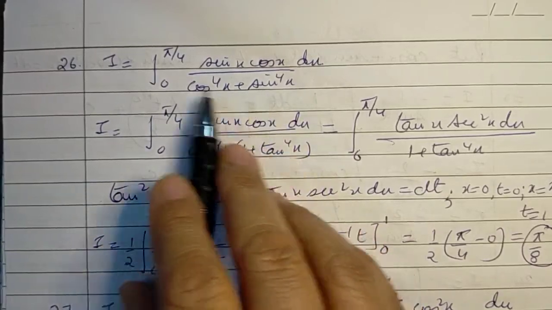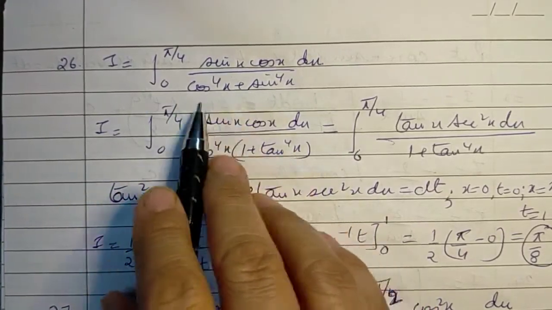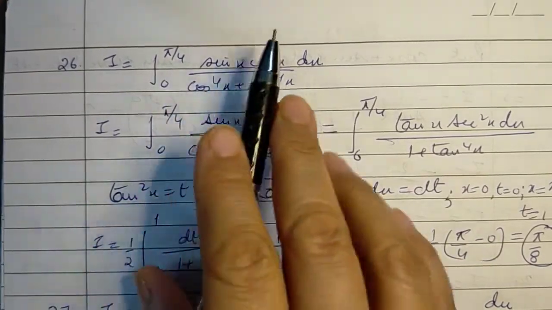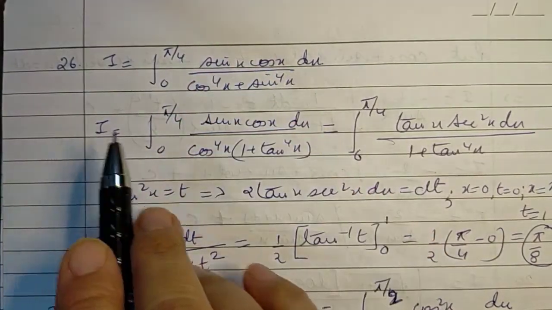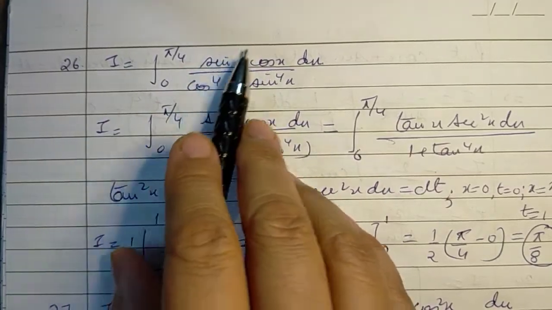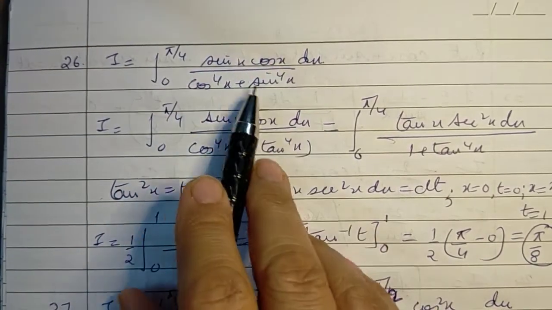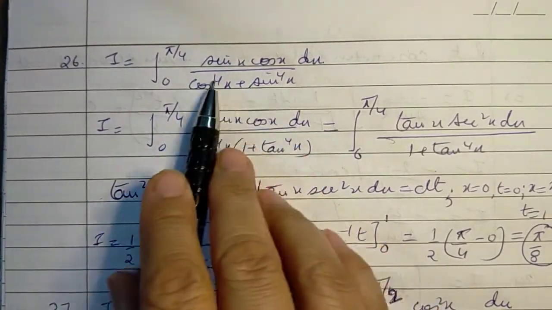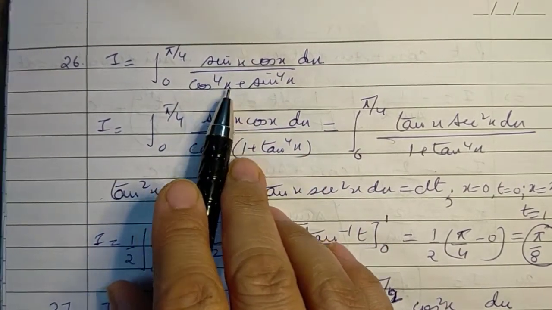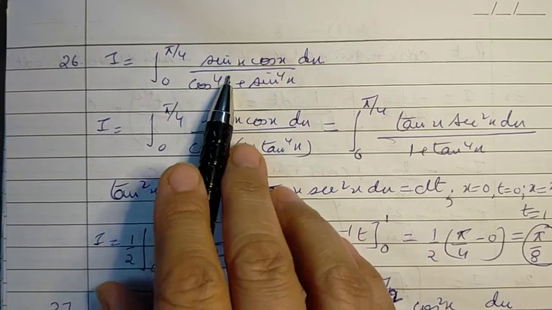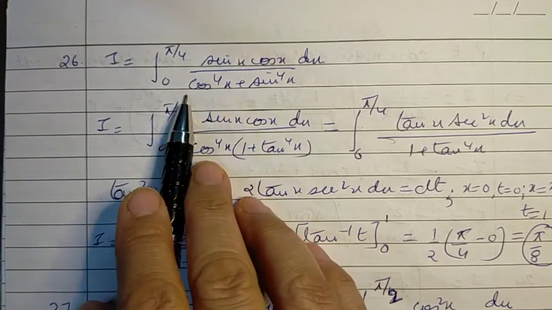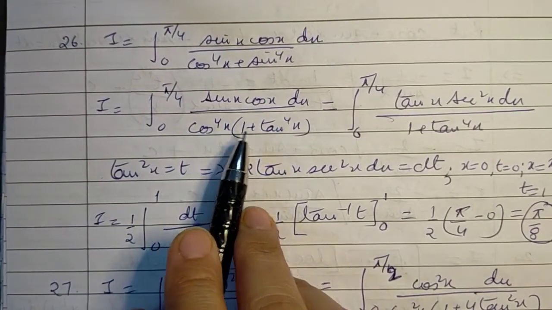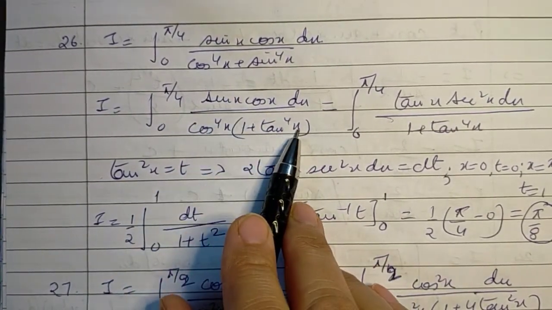in the denominator we have the sum of even powers of cos and sin, and in the numerator there is a product of sin and cos. What we do, and especially what we stress upon, is the denominator. Whenever we have this kind of a term, we take out the even power of cos as common. So taking cos raised power 4x common, we are left with 1 plus tan raised power 4x.